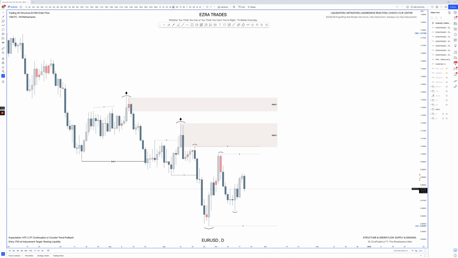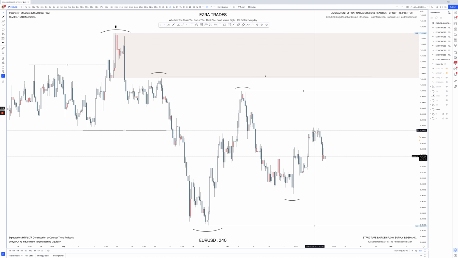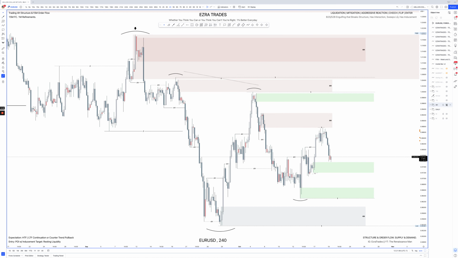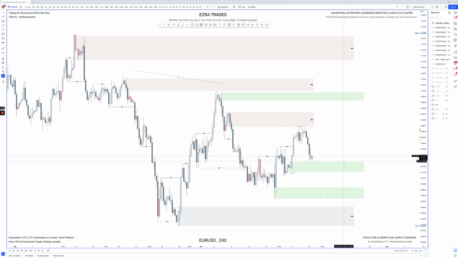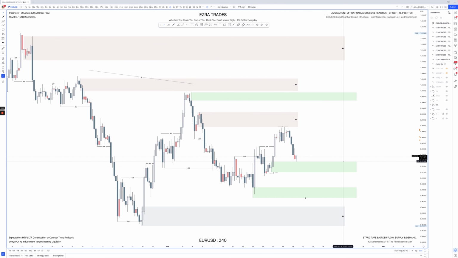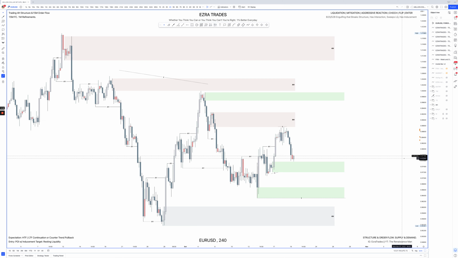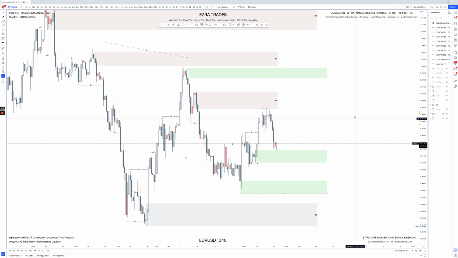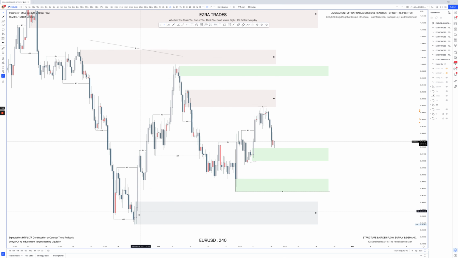We go to the 4-hour time frame. So let's look at the 4-hour time frame. You can see here, if we go back and forth, you can kind of see what we're looking at. So now we hide the daily. Here now what we can look at is what is the 4-hour order flow and what are we expecting to happen. So at this current moment, what we can see is that price was bullish, came in, failed to